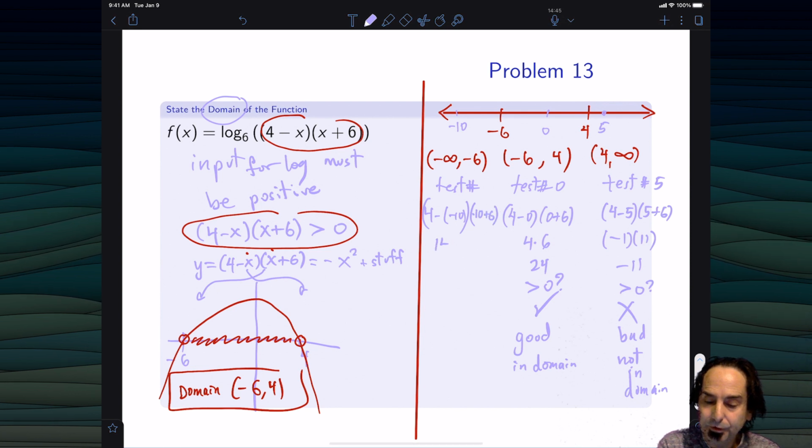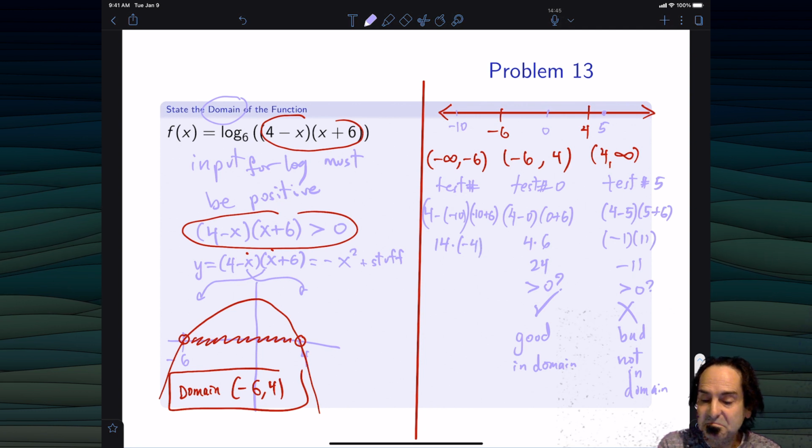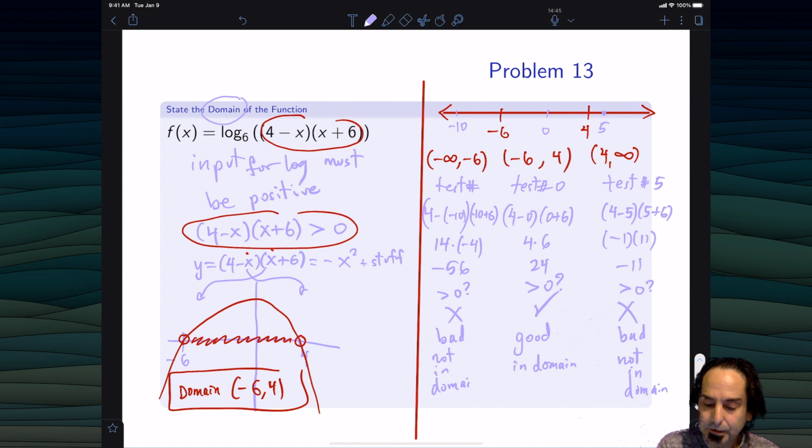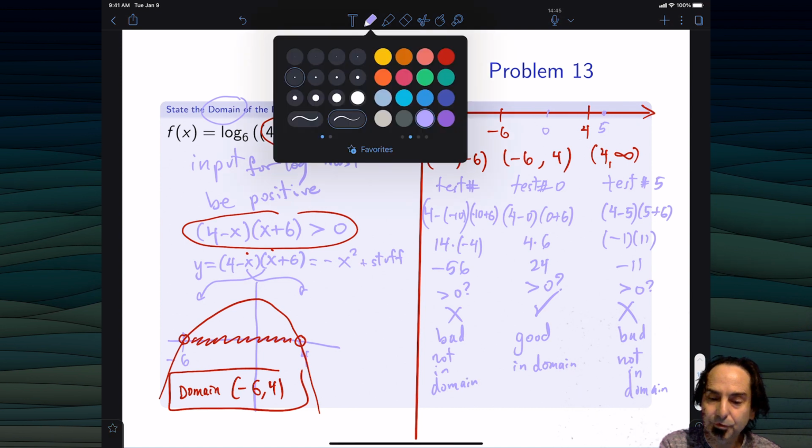So we're looking at 14 times negative 4. That's a big number, but I can do it. 56, this is negative 56. Still the question is, is this bigger than 0? No, so that's bad. And so this is not in the domain,